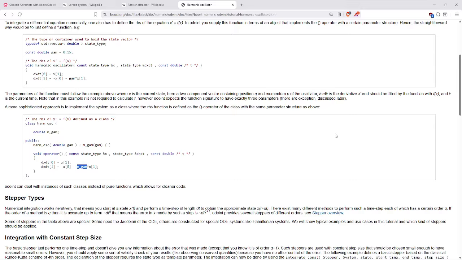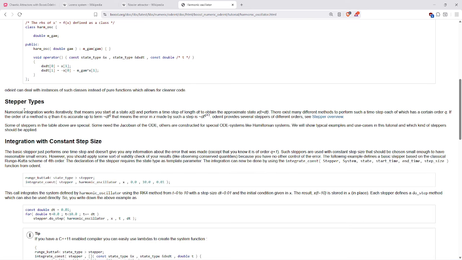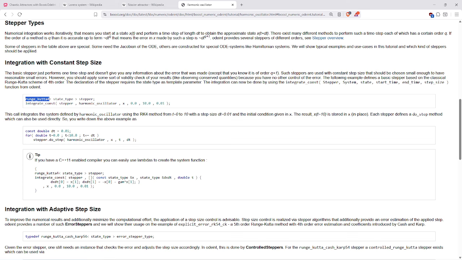Now, in order to do this numerical integration, we're going to need to take steps, and that's this concept of the stepper that they have here. You're going to make some step dt from the current state to compute the new state at x of t plus dt. So that's what they're saying here. We've got the current state at x of t. We're going to take a time step dt to get an approximate value for the state of the system at t plus dt. And the simplest thing to do is to use a constant step size,